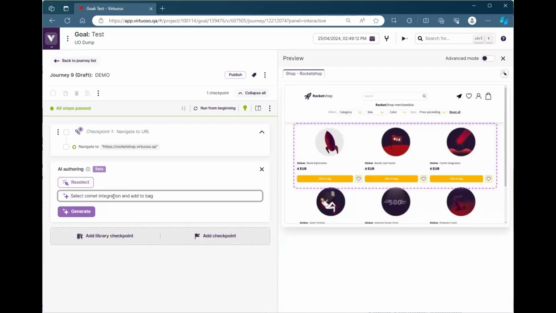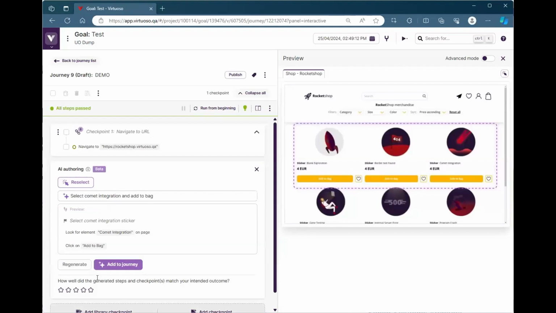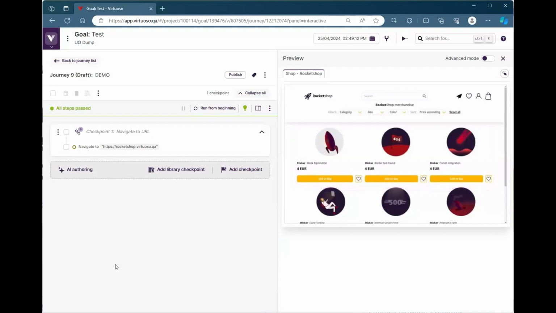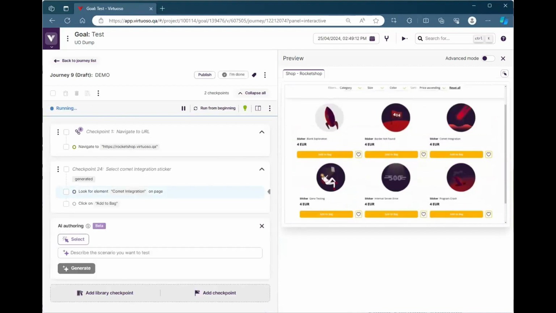I don't know NLP. I don't know how Virtuoso syntax works. I've just put in plain English, select Comet integration, that product there, and add it to bag. If I now say generate, that reads the context of the area of the screen that I've selected and auto generates the step for me. So now, without even knowing the commands, it's performed an assertion, look for this, call Comet integration, click add to bag. If I now say add this to journey, it executes those steps, and we can see now